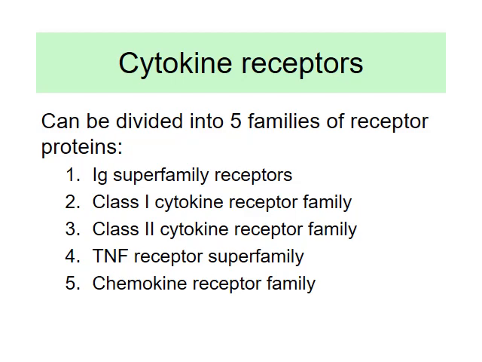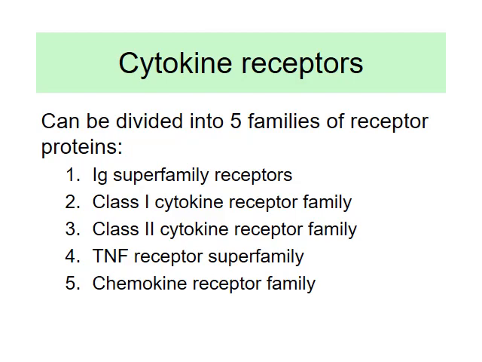Now, you will see that there are 5 classes of receptor protein. Ig superfamily receptor, you are familiar with that. It's like TCR, BCR, immunoglobulin. There is class 1 cytokine receptor family. Class 2, TNF itself has a superfamily, and there are chemokine receptor families. So what's happening is that these are proteins. They have a structure, right? They have a sequence of amino acids. We have to develop drugs. So we are going to target them. And we need to know where they are placed, what they look like,